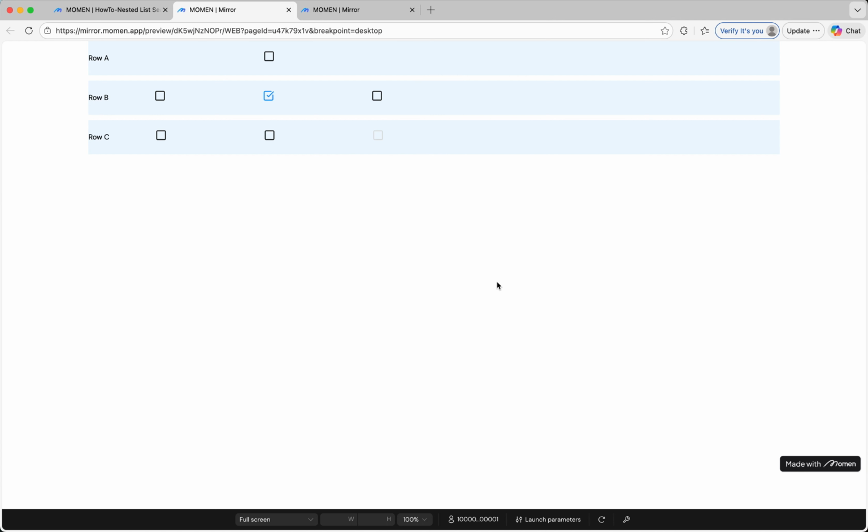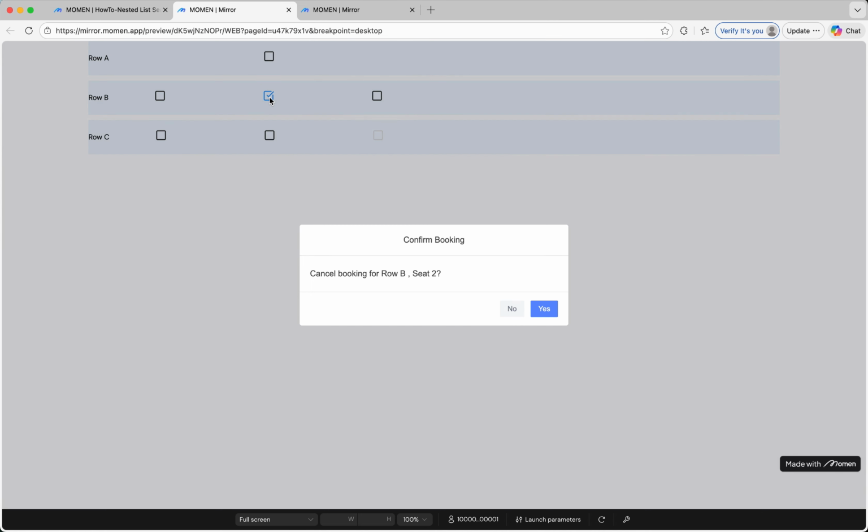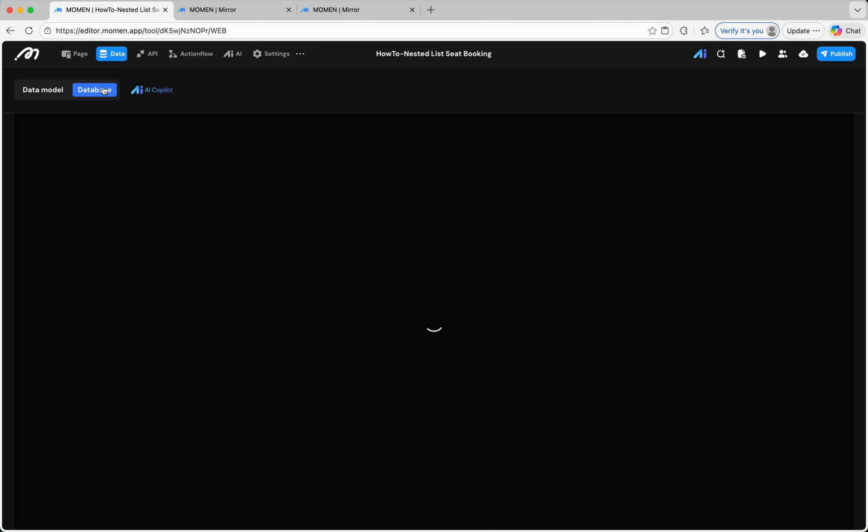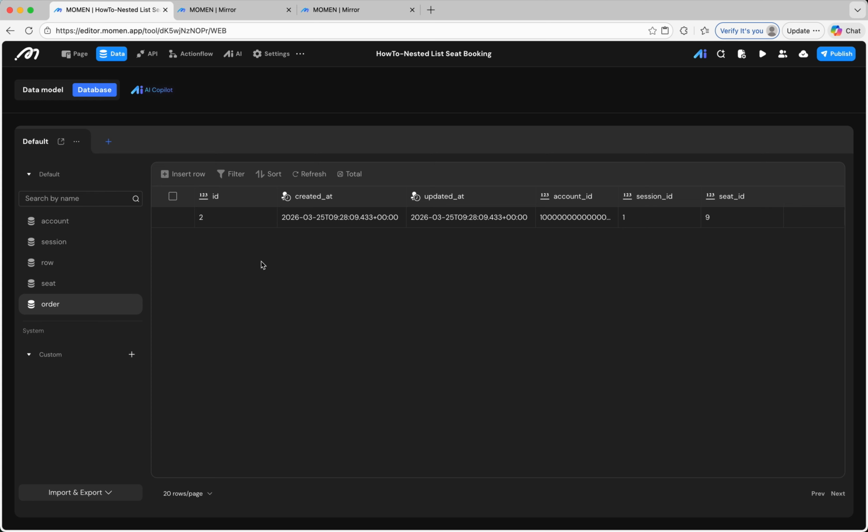First, click to simulate a login, book row A, seat 2 as user 1. After confirmation, notice how the seat turns blue. Now let's create user 2 and open a new preview page. From user 2's perspective, row A